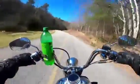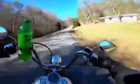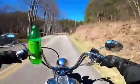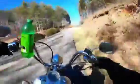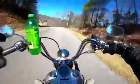This bike, guys, is a throwback. I'll try to put some pictures up in this video during editing if I get a chance. But the Lowrider ST, I believe, is going to be something that Harley expands on over the coming years. And it's a throwback to the 1984 FXRT,